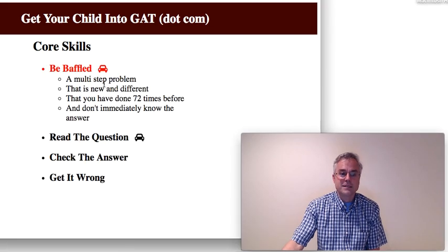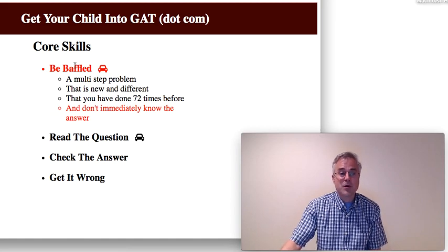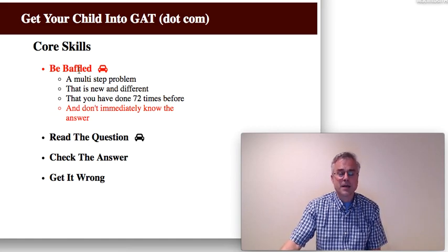The first core skill is to be baffled. When your child is taking a cognitive skills test, they're going to see a multi-step problem that is new and different, that you haven't done 72 times before, and you don't immediately know the answer. This is probably the most important skill for children who are stepping out of schoolwork into cognitive skills work, and